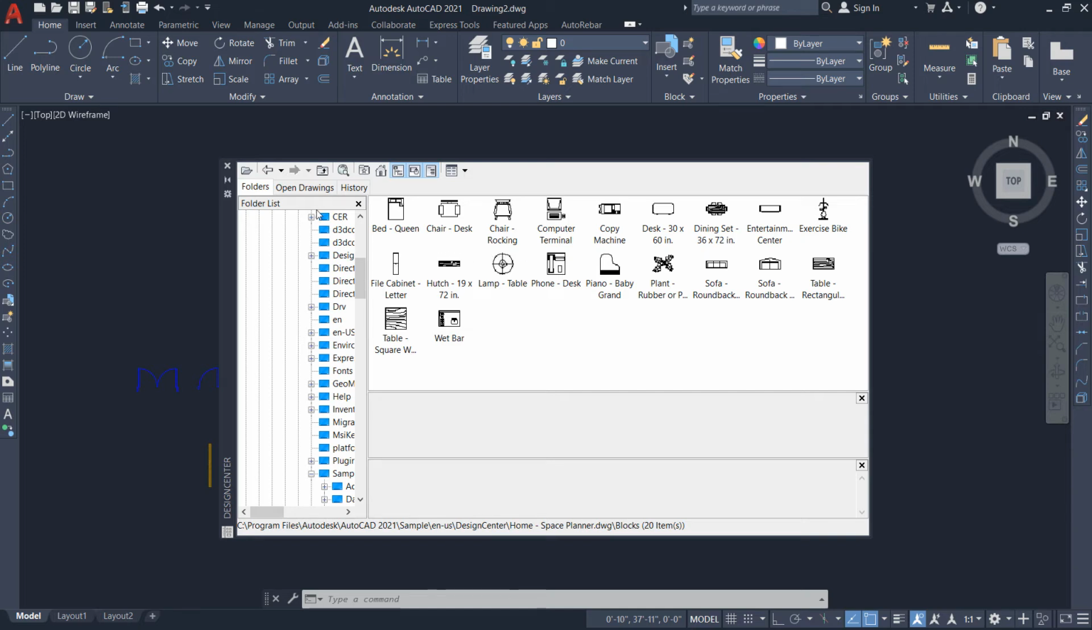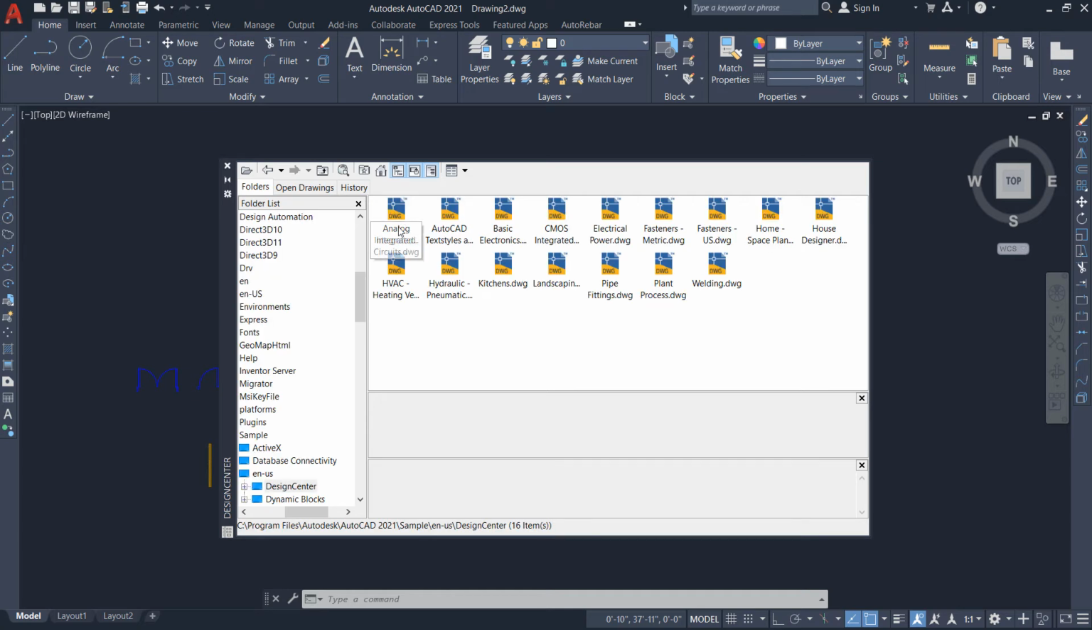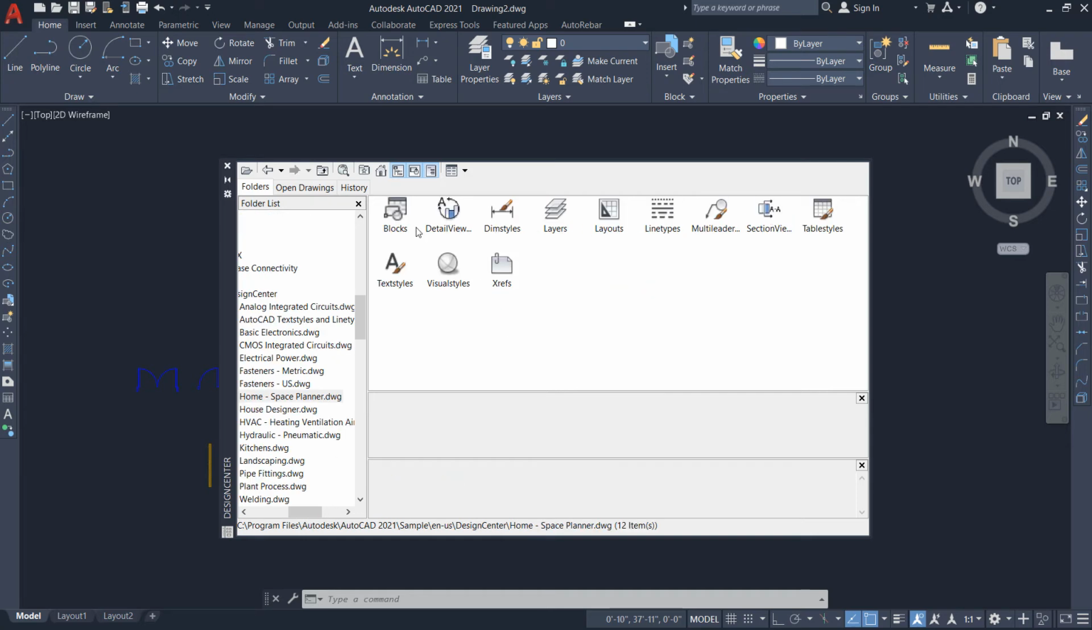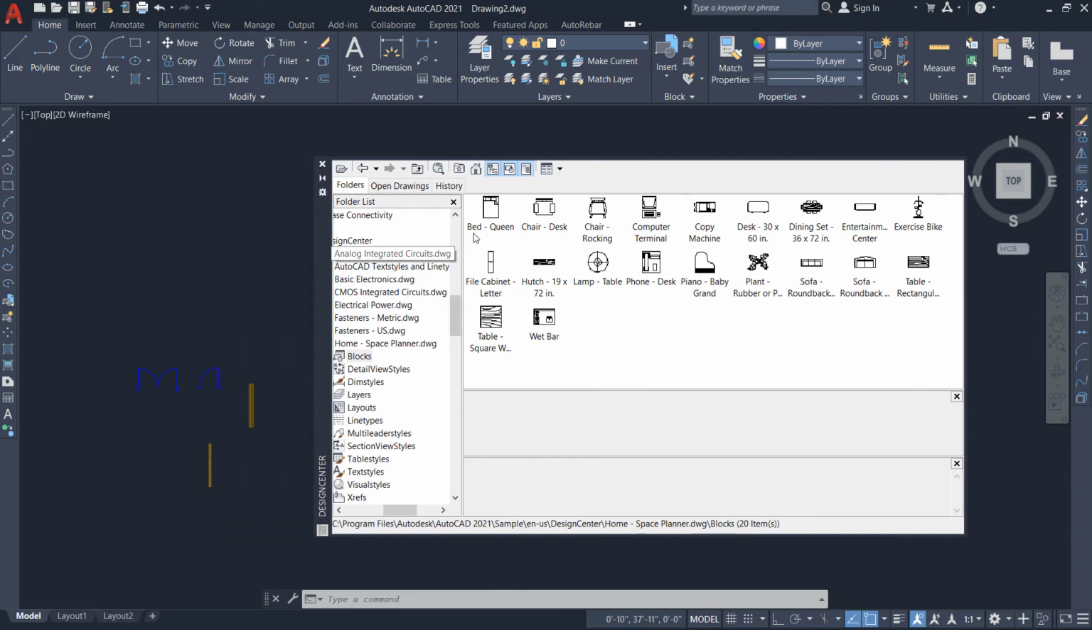So now I will press the home button here. That window you will see when you come here the first time. Then you will go in the ENUS. Here is the design center. In the design center, choose what type of blocks you want. So here is a home space planner. Here are the blocks. From here I will pick some blocks like queen bed,